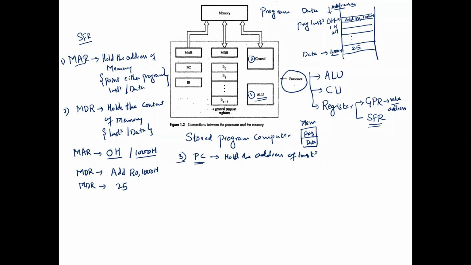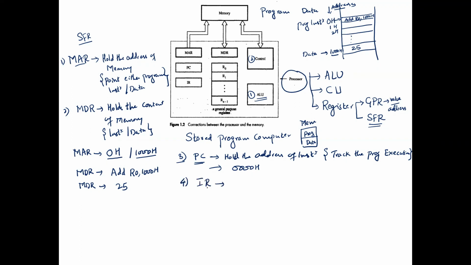So it will not point to 1000h, because at 1000h it has a value 25. To track the program execution, we need a program counter register. And what is the default value of the program counter register? It will be set to 0h, because the start of the memory location will be the point of program execution.